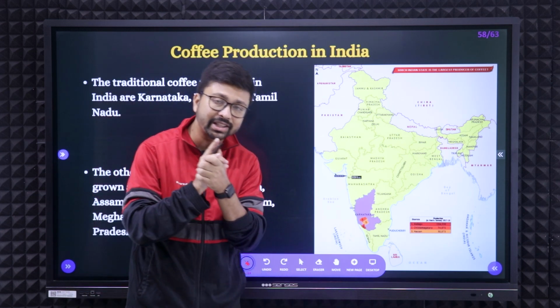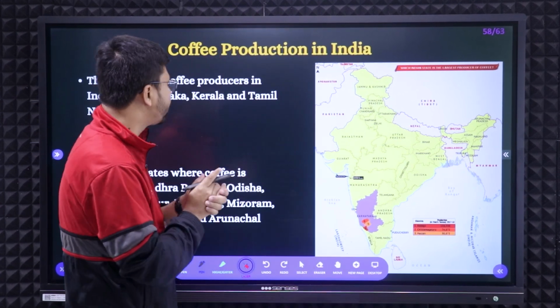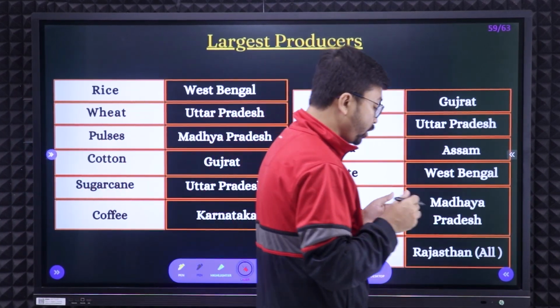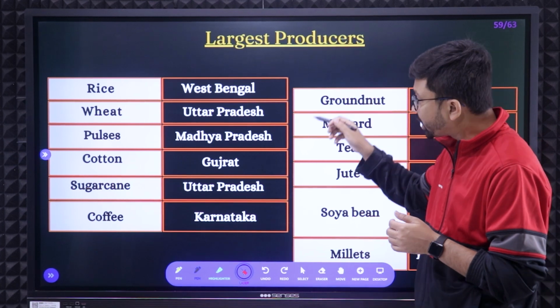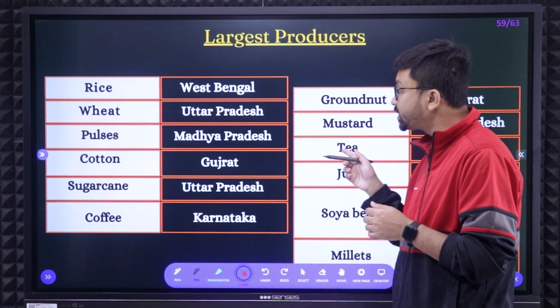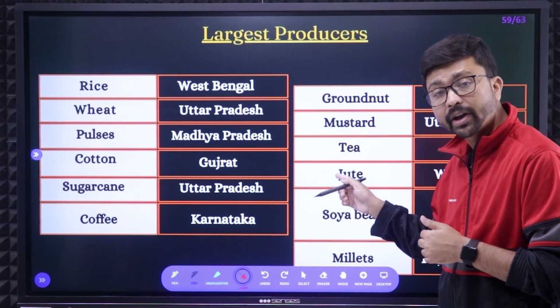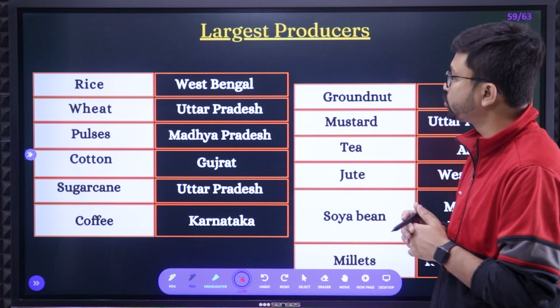Now before finishing the chapter, I want to give you some important inputs that you need to remember, which are very, very important. Don't go for internet sources and all those things, because that data keeps changing every year. This is very important for your 2024. This data is very authentic, and only this data will be checked as per the council norms.